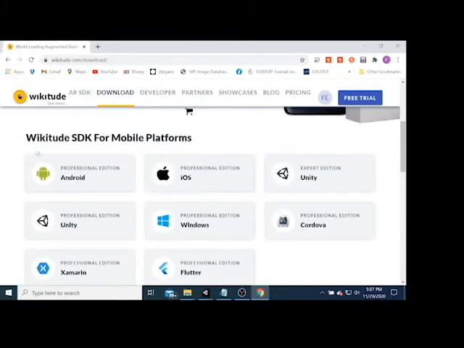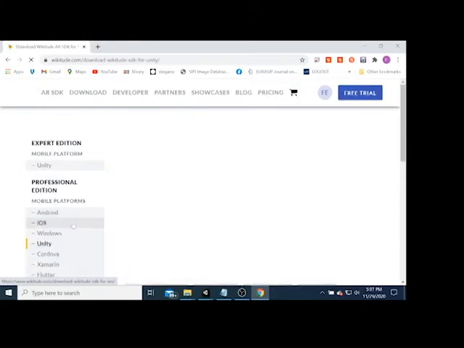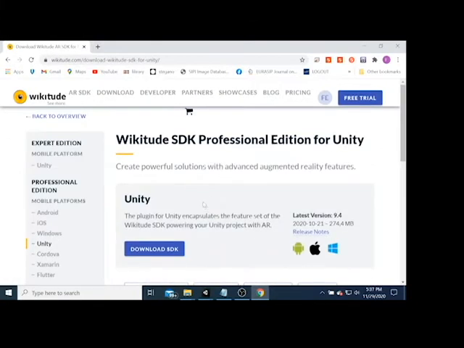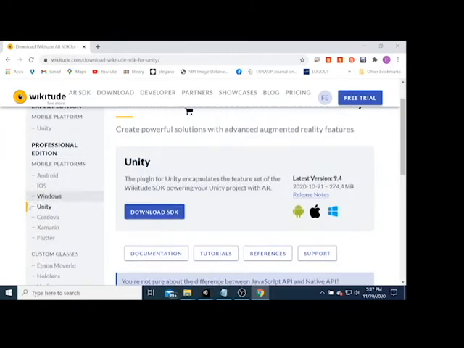You can download the Wikitude SDK for mobile platform. Here we can choose the professional edition Unity because we are going to use Unity. Once you select Unity, you can see the screen.